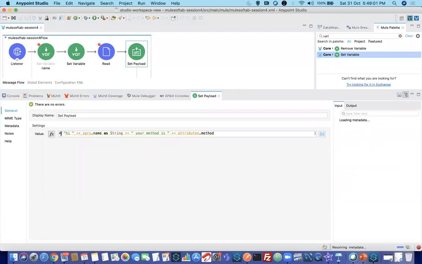You can see here fx means hash. If you go to the XML view, you will understand. Vars dot name, and here also you can say vars dot method name. Now save it. Here you are getting an error because you can just keep it as a string.